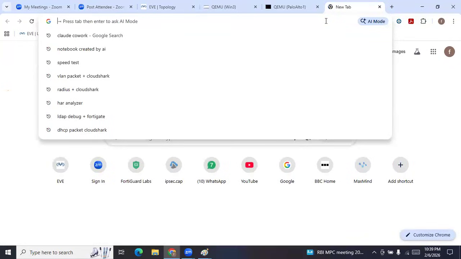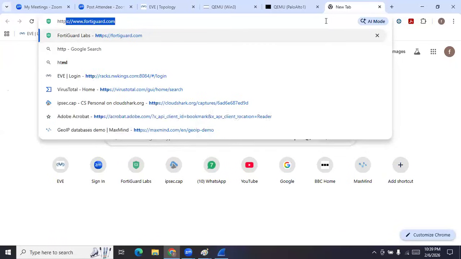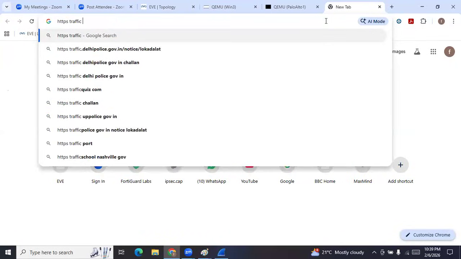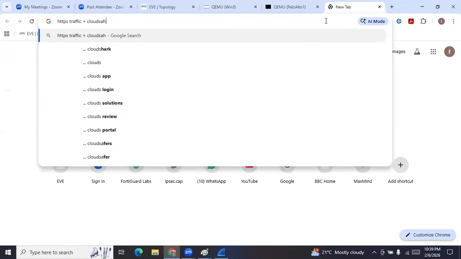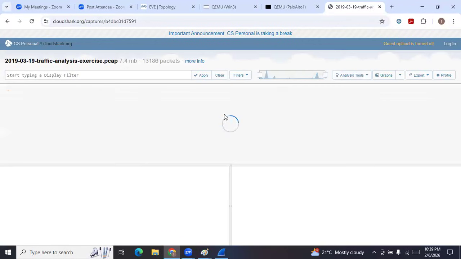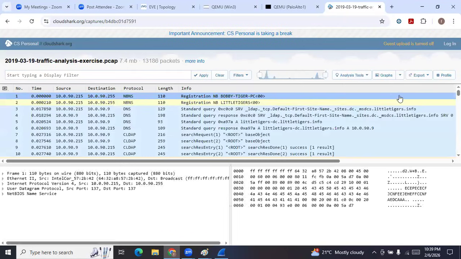HTTPS traffic plus CloudShark. I will be using CloudShark very frequently to show you some packets. It's a kind of a Wikipedia of your PCAP. Whatever PCAP sample you want to see, you can see it from here. So see here,